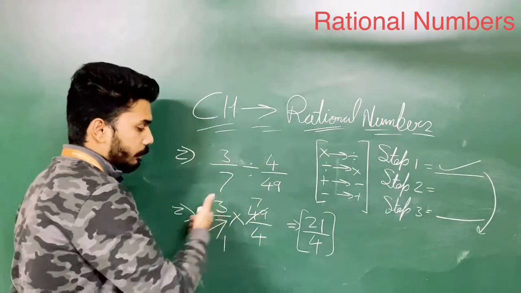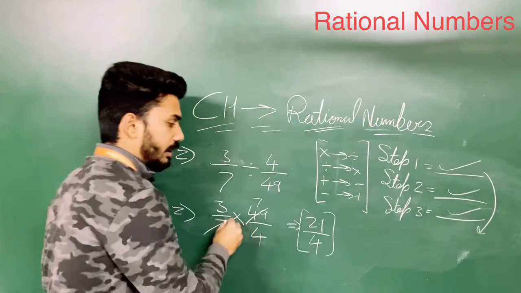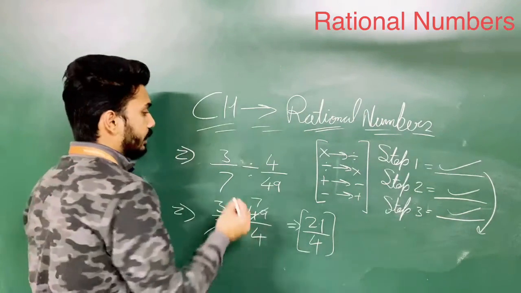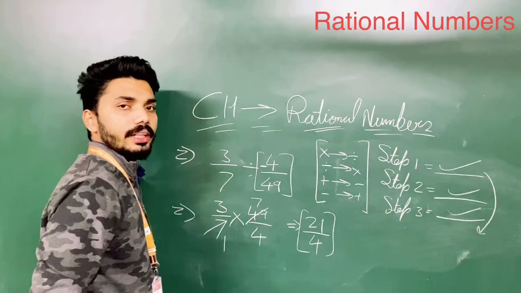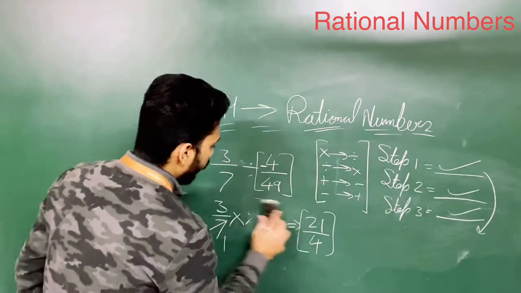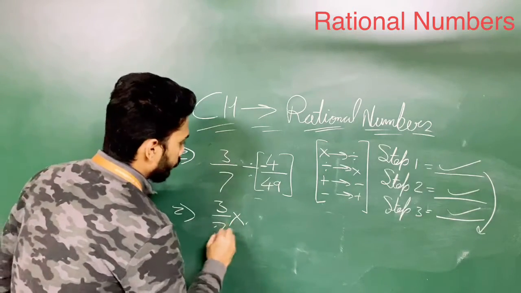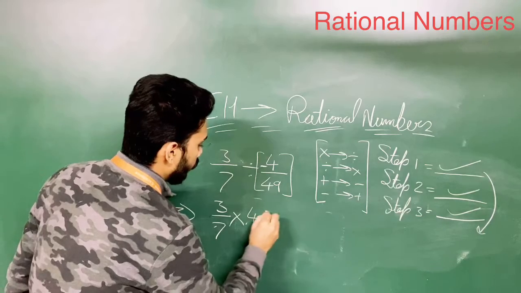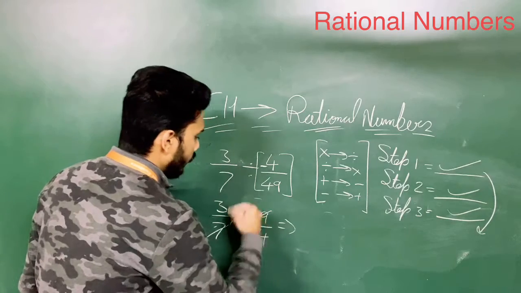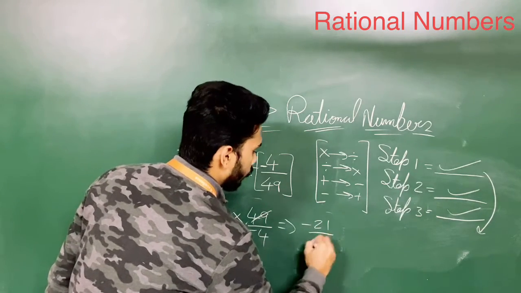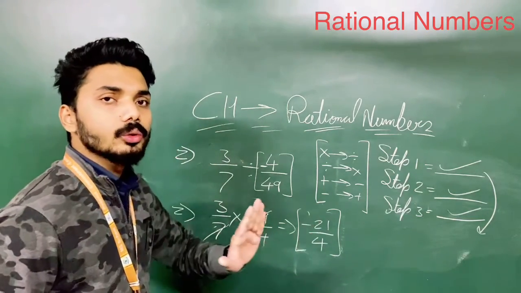And even if you want to multiply first and then divide, you have to go with the second step: first multiply and then reverse. But if the signs are there, suppose here is -4/49, suppose if you see -4/49 here, what change will come in the answer? There are no changes in the answer. You can see over here -4/49, so your answer is 49/-4. So even if you cut the values, you will get the same, -21/4. So only the sign changes, and nothing else changes here.